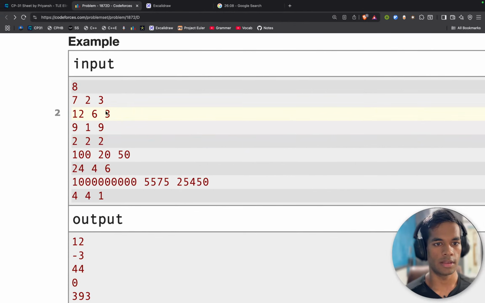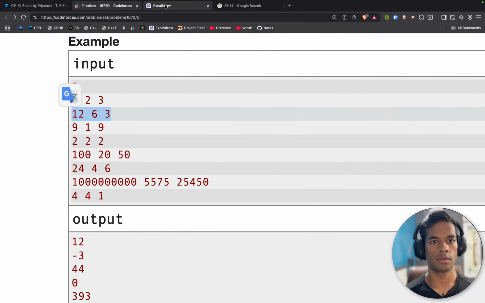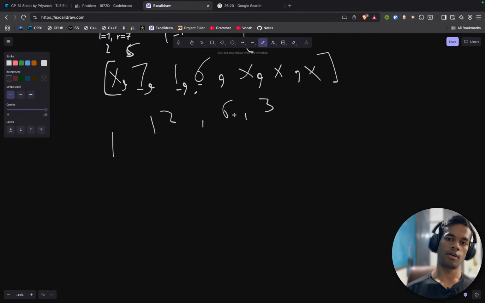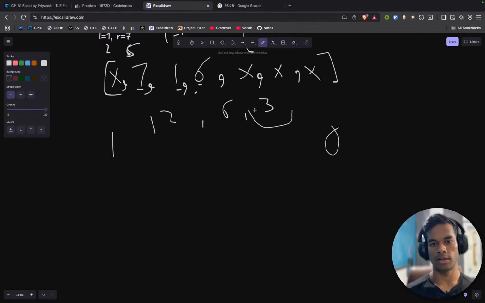Let's see. Second one. I have 12 integers and 6 and 3. 12 numbers, 6 and 3. 6 has how many multiples that are independent of 3? 0. And 3, how many multiples does 3 have in 12? If I divide 12 by 6, this should give me